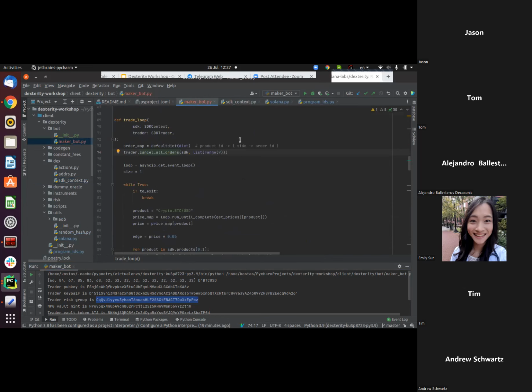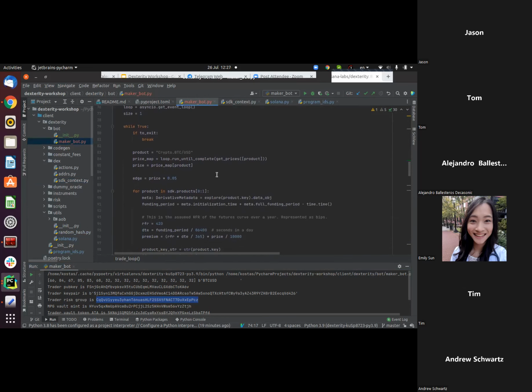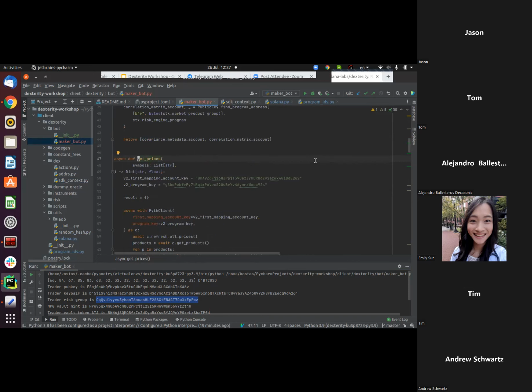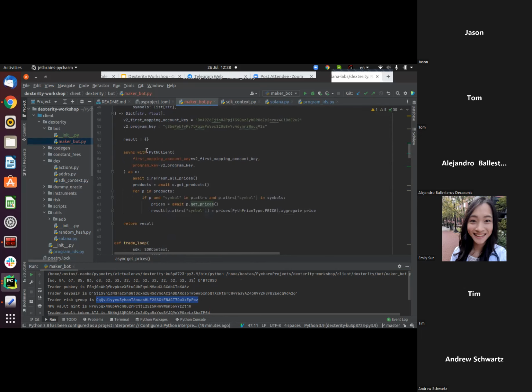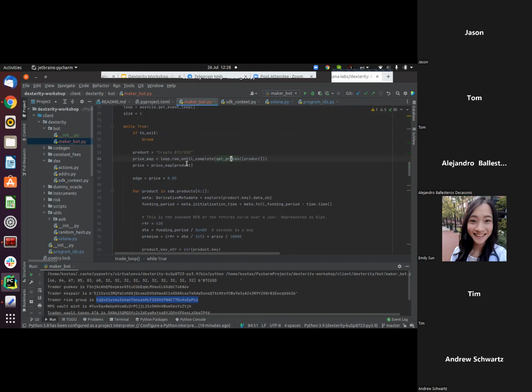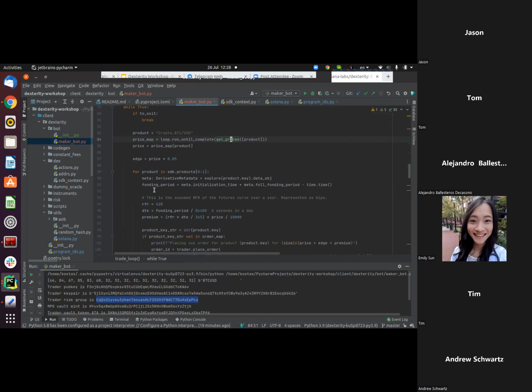From there, we're going to get a snapshot of the market data, and I just wanted to put a little example in here of using Pyth. While this is not directly tied to the Dexterity SDK, obviously we use Pyth for settlement, and it probably makes sense to use Pyth as a reference price in your bots. So there's some simple logic in here that uses the published Python client, which is on PyPI, to get prices. Then we're going to look inside the product. We're going to find out when it expires, given it's a future. We're going to calculate